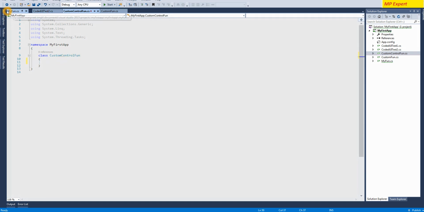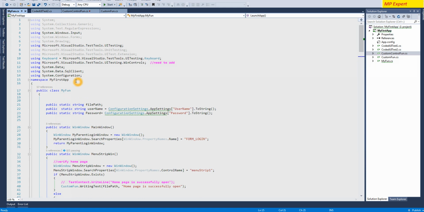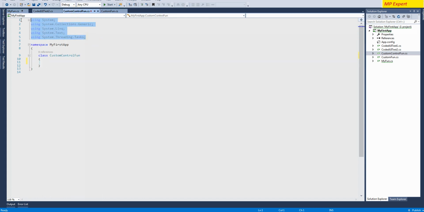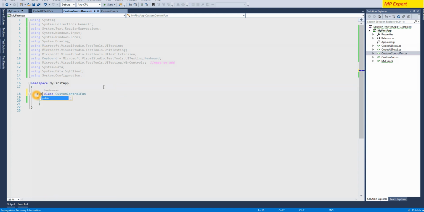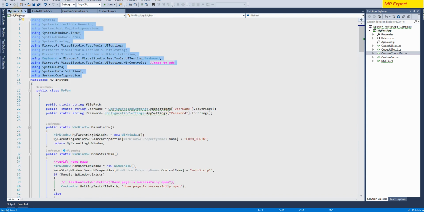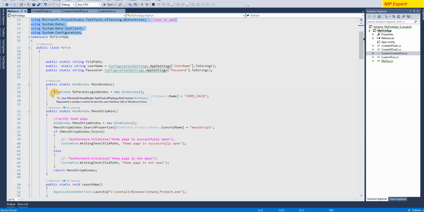Similarly, let's copy all the namespaces to make sure everything will work smoothly. All right, let's make it public, so that this class will be available everywhere throughout the solution. And now what we gonna do, we have to get the